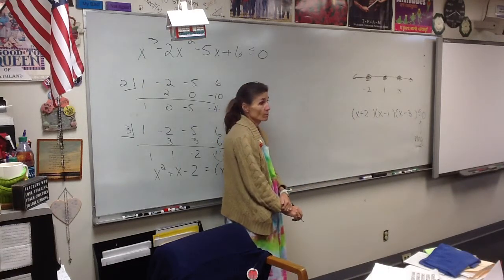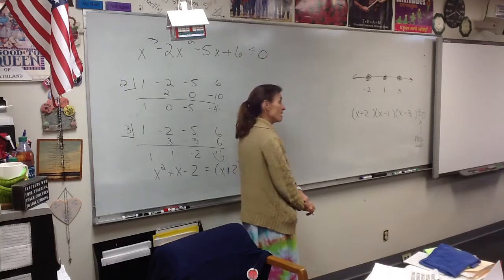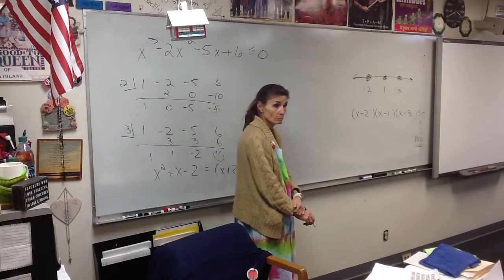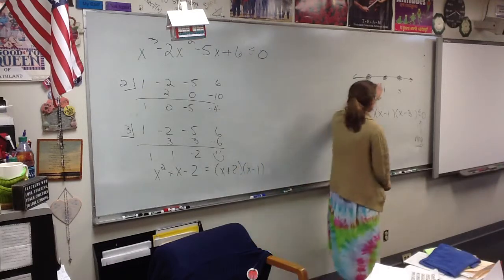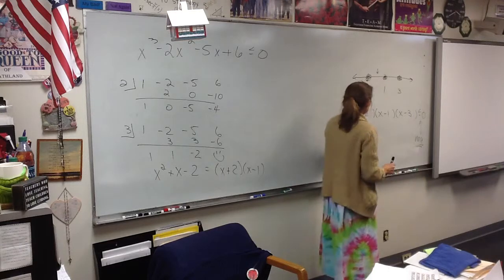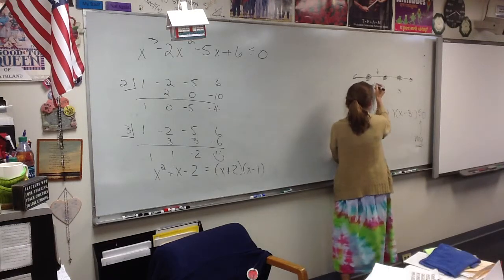So pick a number, any number that's not a dot. 0? 0 is a great number. 0's in here. You're picking a number in here. This is where 0 is. 0 would make you positive